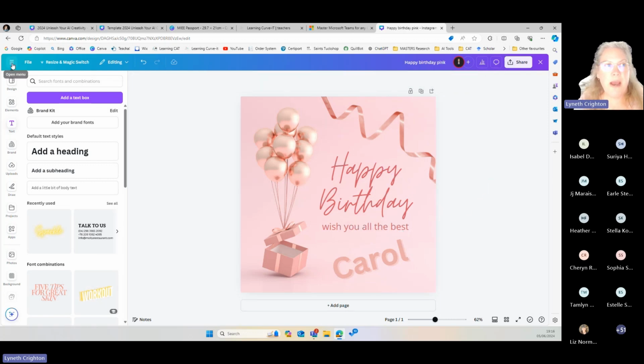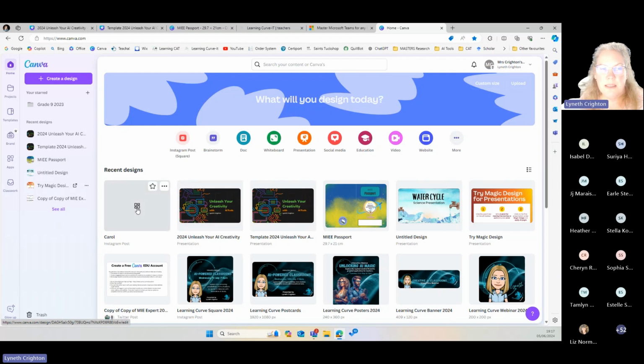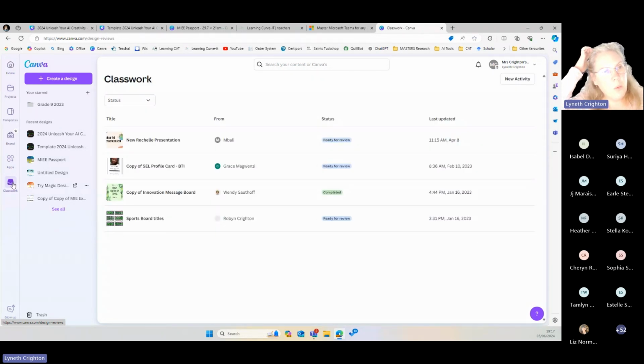Those 3 lines there take you back to the menu. If I go back, I can go back to all my projects, and it will now be listed in my recent designs.